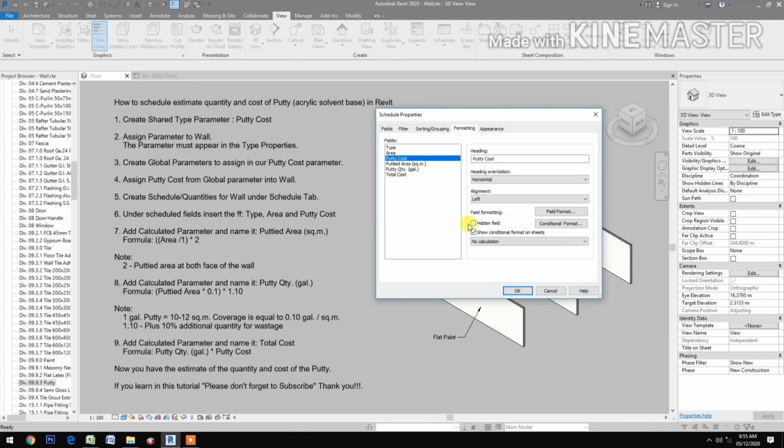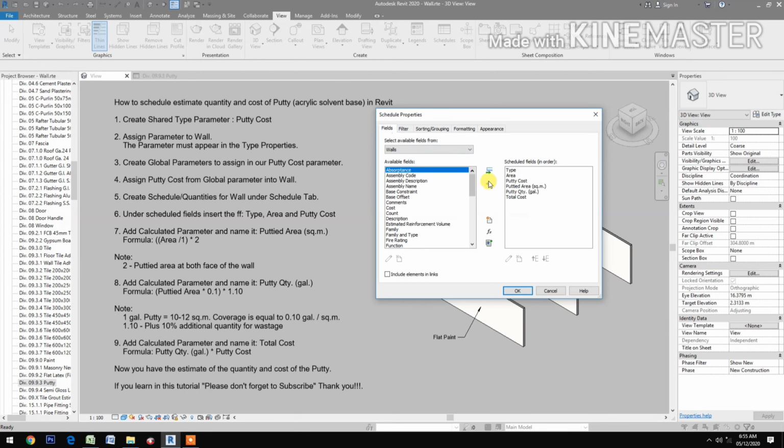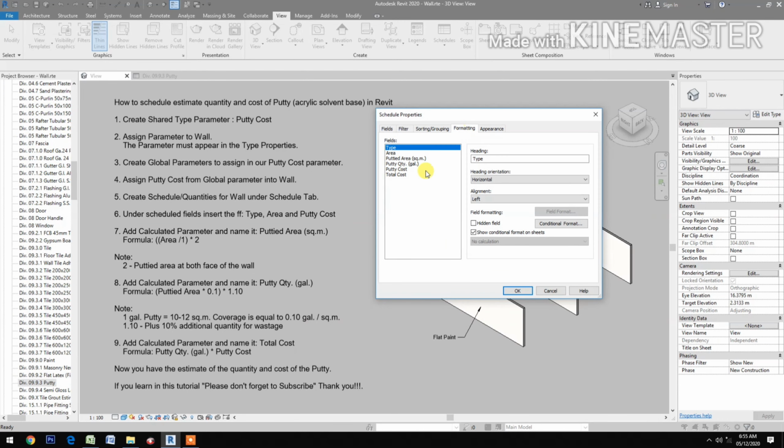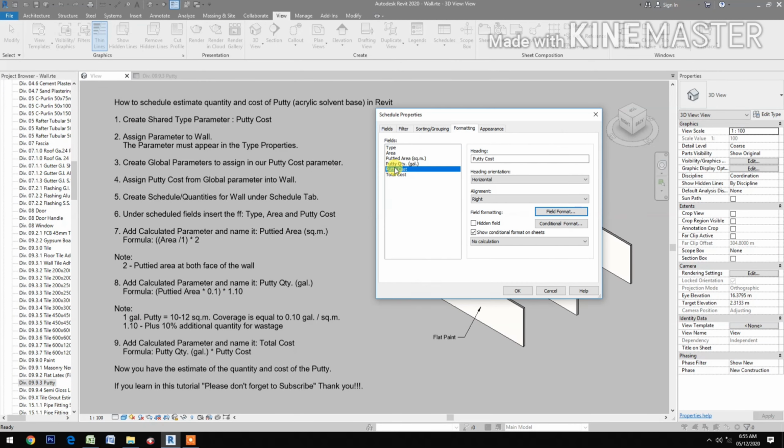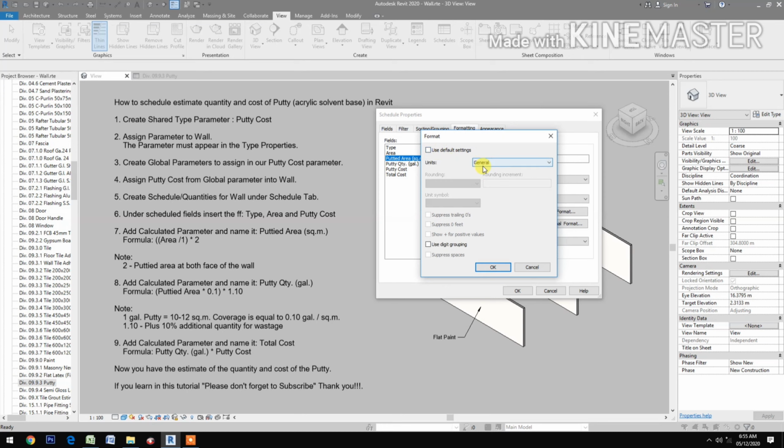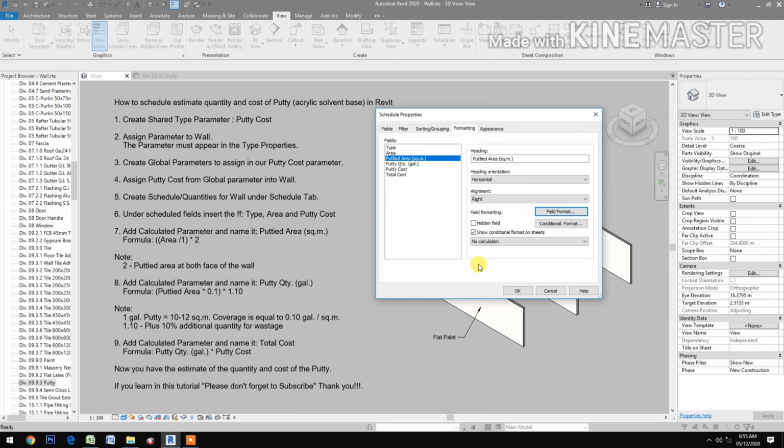putty cost. Okay, let's move the putty cost, go to the fields, down, then formatting, alignment right, field format, currency, okay, putty quantity, okay, putty area, alignment right, field format uncheck, fixed 2 decimal places, use digit grouping, okay,